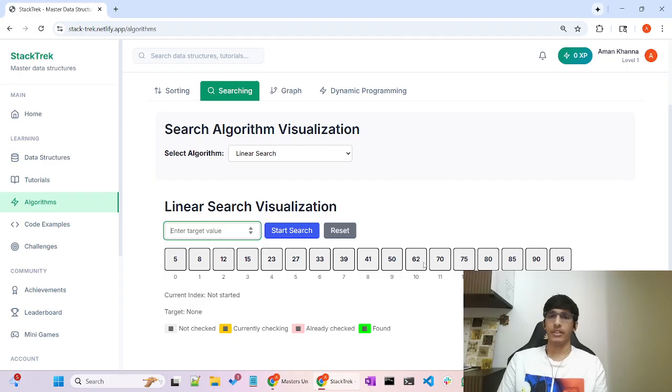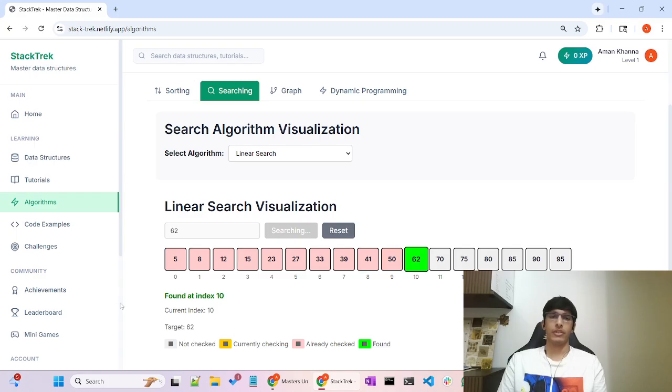Let's search the element 62. It'll start comparing elements one by one, starting from the index 0. Still finding. We found it at index 10. Let's search for something that's not there in the array. Let's say,